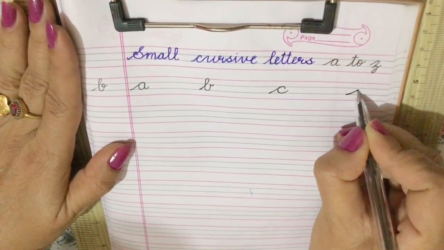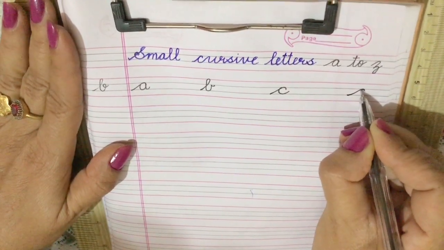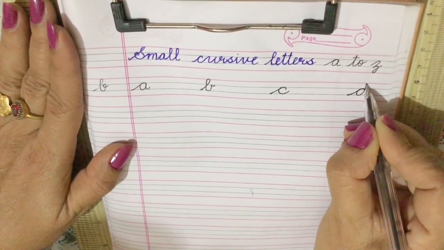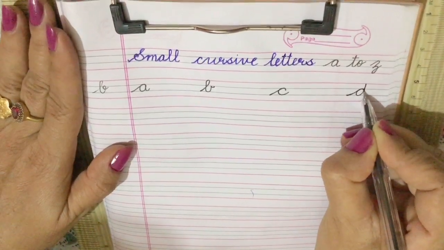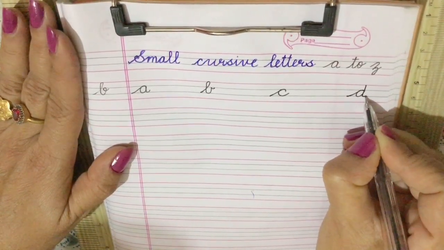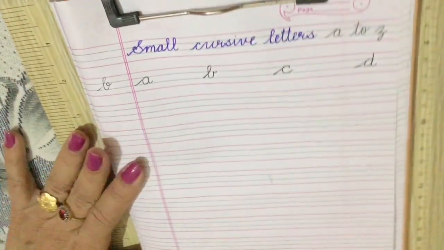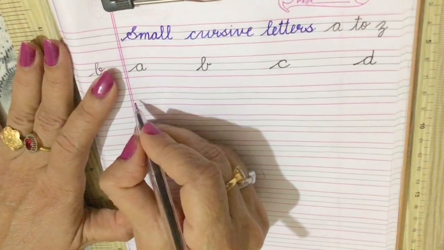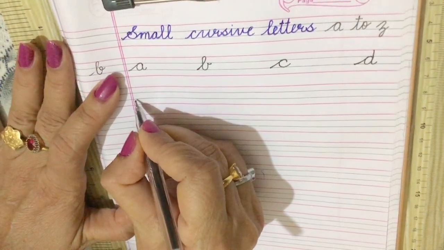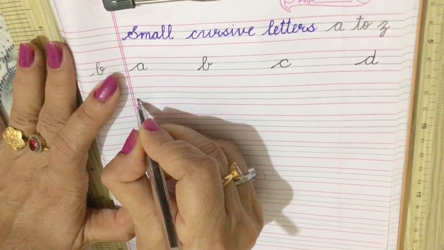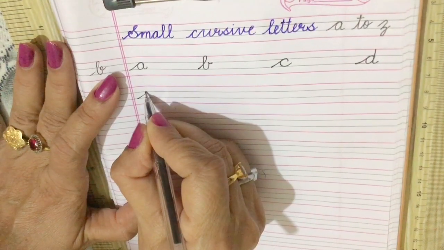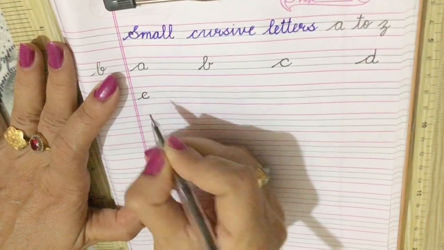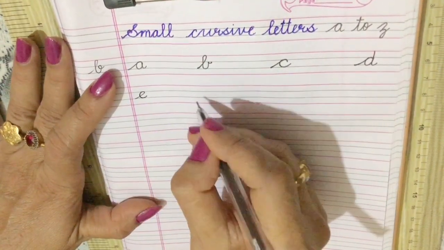First you will write letter A. With the help of letter A, you will write letter D. Close it, go straight up, come down and end with the tail. This is letter D. Now after letter D, you will write letter E. Put your pencil on the third line. Now with the loop here, you will make E in between 2 lines.